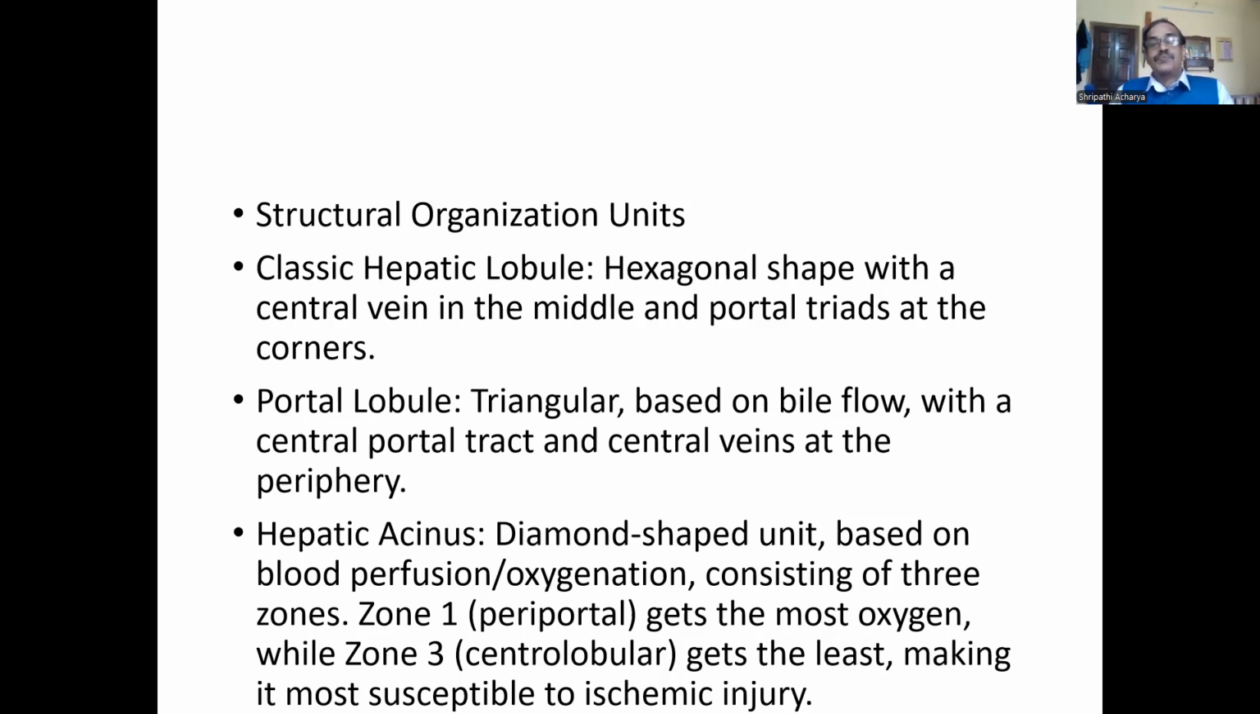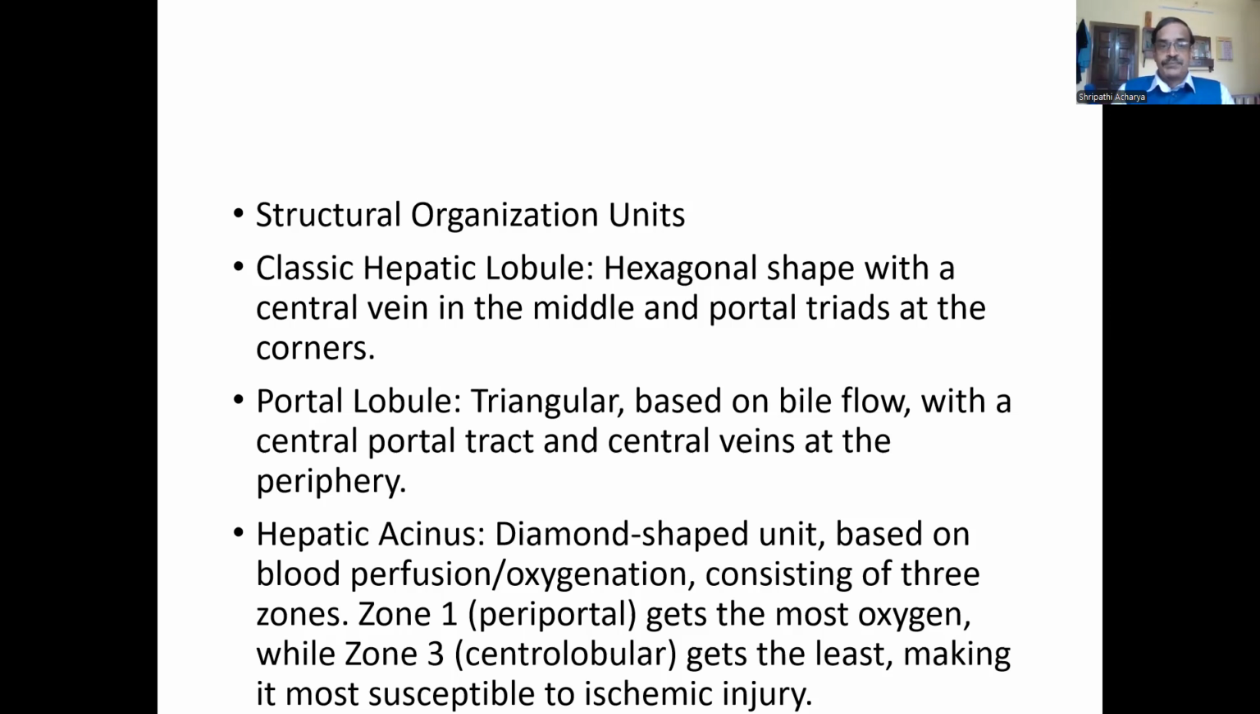Classic hepatic lobule, hexagonal shape with a central vein in the middle and portal tracts at the corners. Portal lobule, triangular based on bile flow with a central portal tract and central veins at the periphery. Hepatic acinus, diamond-shaped unit based on blood perfusion or oxygenation consisting of three zones. Zone 1, periportal, gets the most oxygen, while zone 3, centrolobular, gets the least, making it more susceptible to ischemic